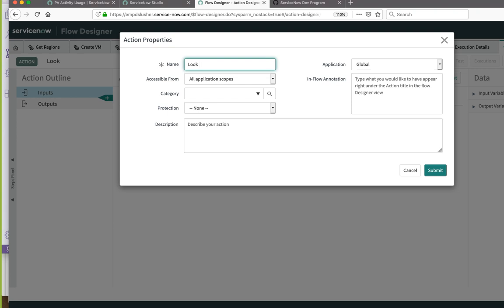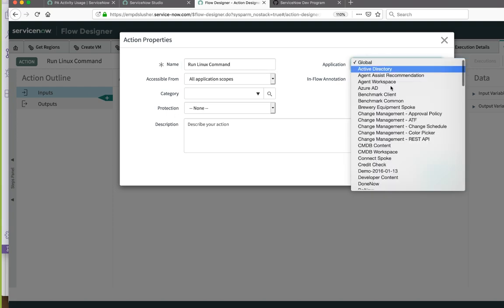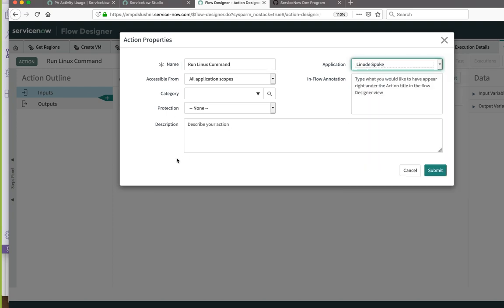For naming of the thing, do we want to accept a command from your action input to send, or do we want an action that just does what we want? Let's just call it run Linux command, because then we just accept a command and make it really generic. Let's make it Linux spoke. That's a design decision, because we could have gone either way, and there's not a wrong way here. For the purpose of this, we can fiddle with it more by making this generic. Okay, so we're going to create that.